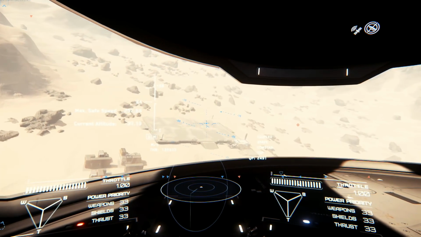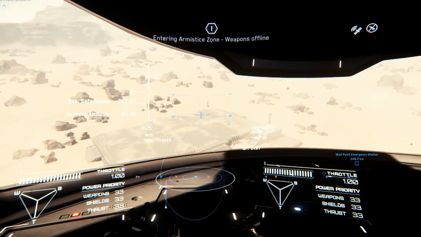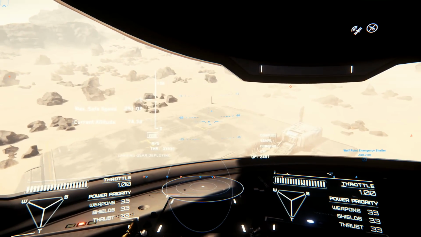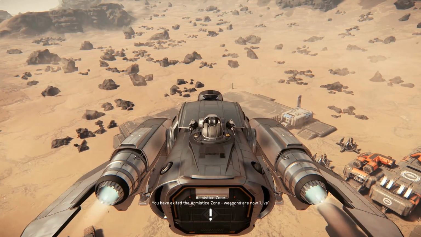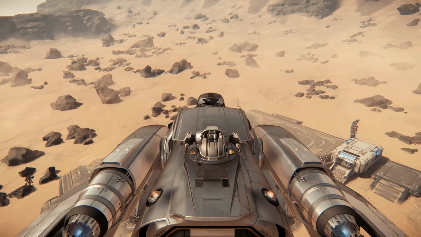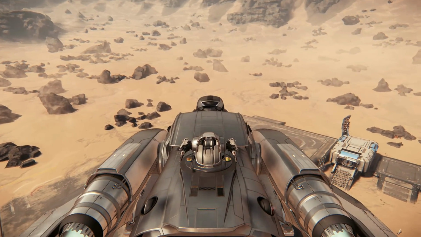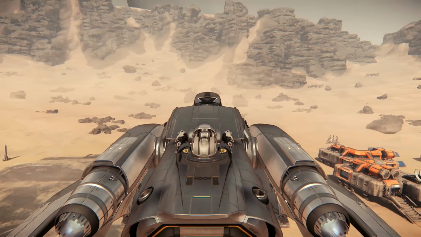We gotta... Arms to zone. Okay, weapons are offline. I wonder why that is the case. Let's put our landing gear down. Landing gear down. Let's go for a Therpy landing. Something's not right with the cockpit of the freelancer, apparently, because it looks like we're in a snow globe. Not so much. Let's just...